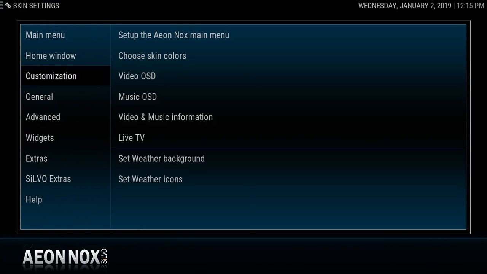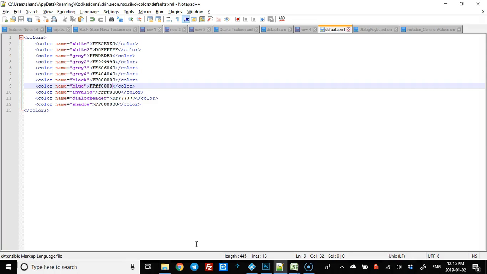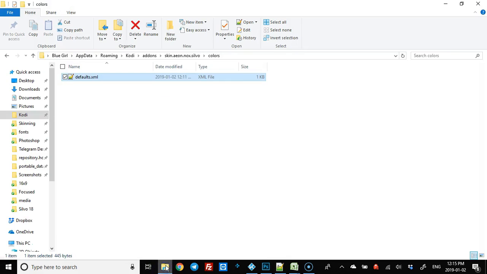So I'm not 100% sure. I mean, I'm still learning all this stuff too, so I'm not 100% sure on why the default colors in here, why this blue doesn't change anything. I'm guessing you would need to go to other files. I did see in here, actually,